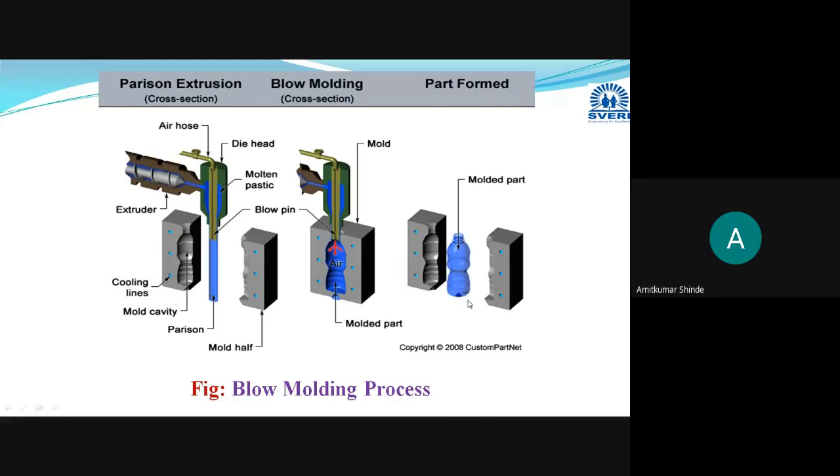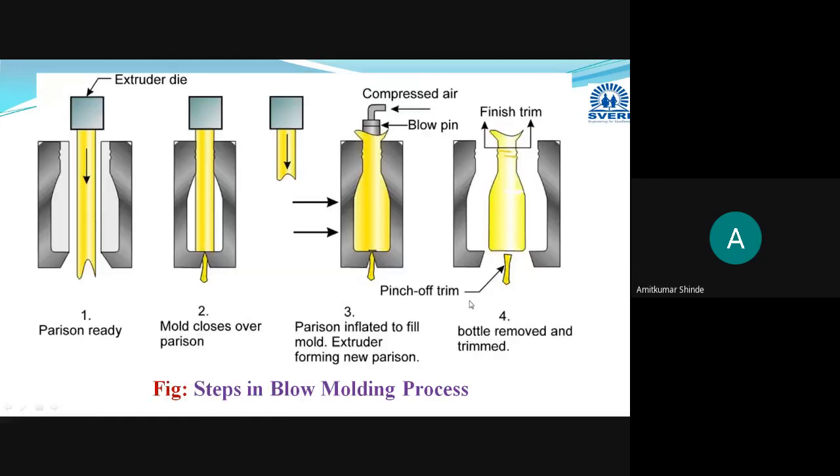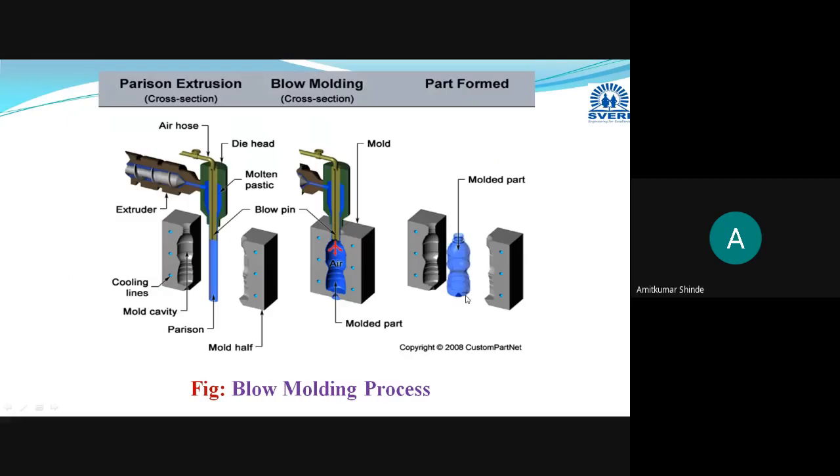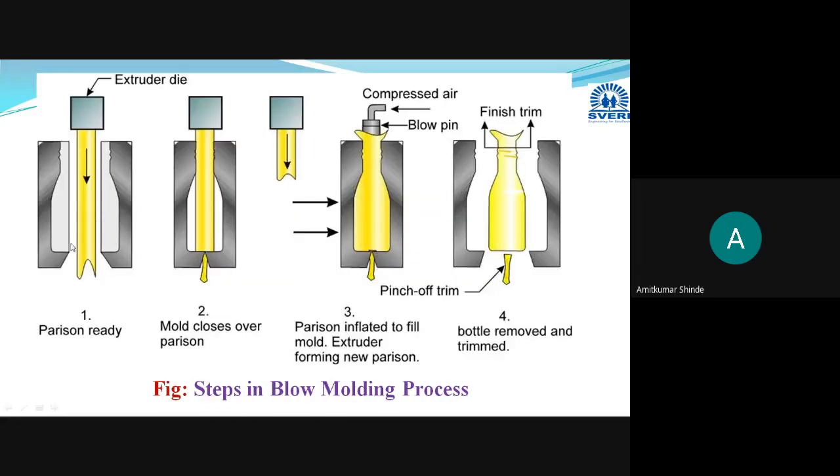In this way, when blow molding is performed, the same stages I have just highlighted are shown here with the help of a plastic bottle. I will explain it again. Parison is taken, then that parison is placed in the mold cavity. That mold cavity is closed. Then with the help of compressed air,